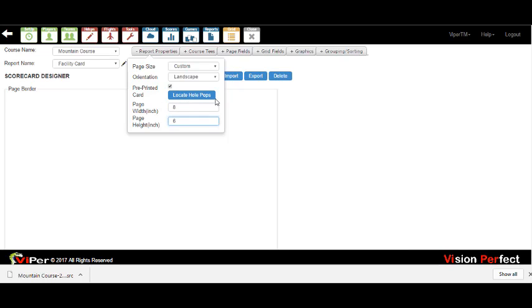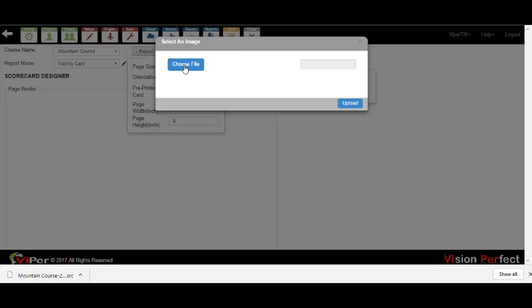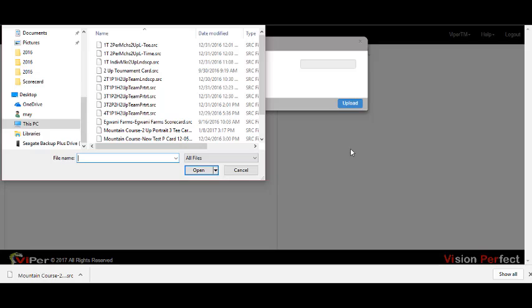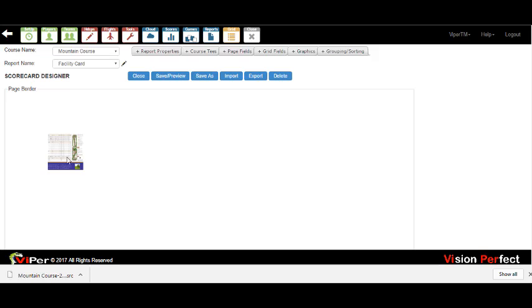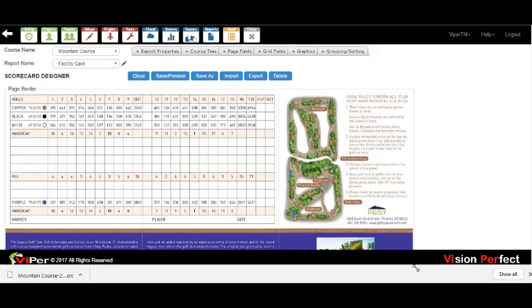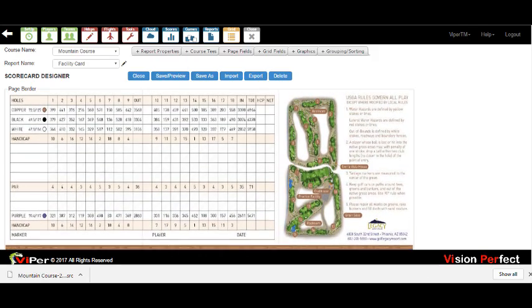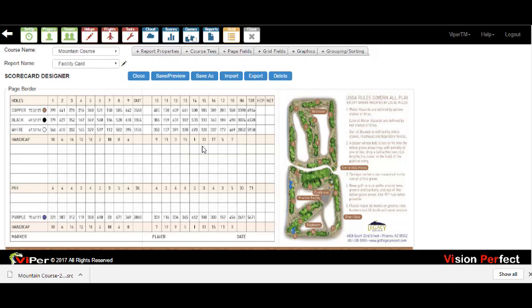So I'm going to set that page size and then click the locate pops option, which will allow me to go out and browse and find the scan of my scorecard, my facility scorecard. Once you've selected your file, then you need to resize it to fit the exact page size that you've created. Once you've got your scorecard set up and the page size set correctly so that the printer knows what size paper you're going to be printing on,